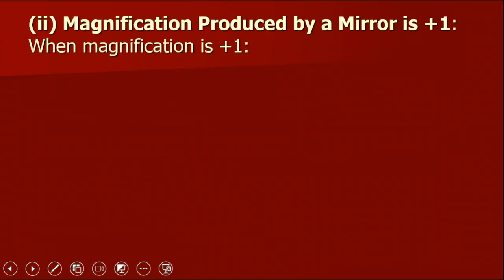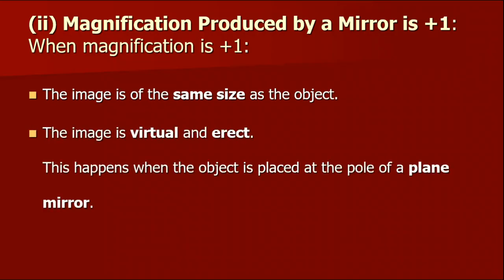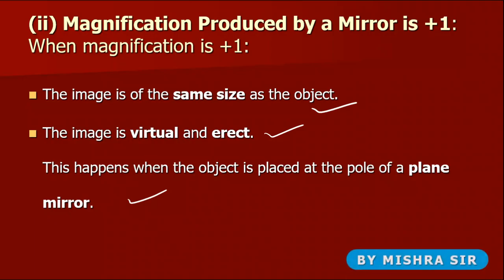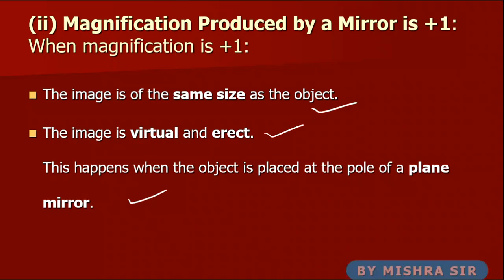Next, here magnification produced by a mirror is +1, यानी +1. When magnification is +1, what we get, the image is the same size as the object. Second, the image is virtual and erect. This happens when the object is placed at the pole of a plane mirror, right? इस तरह से आंसर देना है, और ऊपर वाले ने चाहा तो आपके मार्क्स अच्छे आएंगे बोर्ड में।